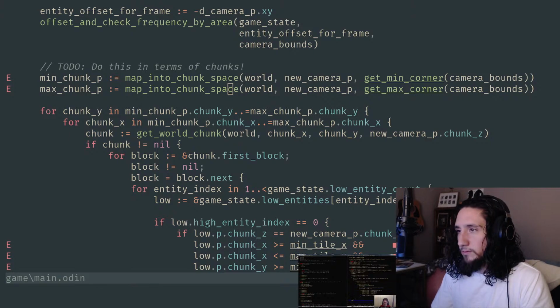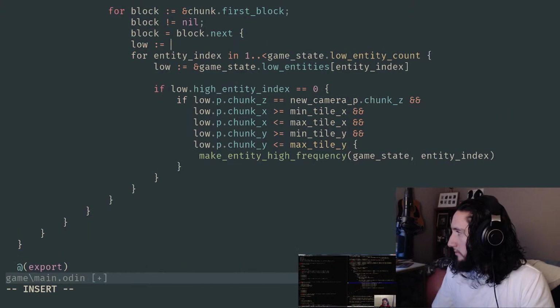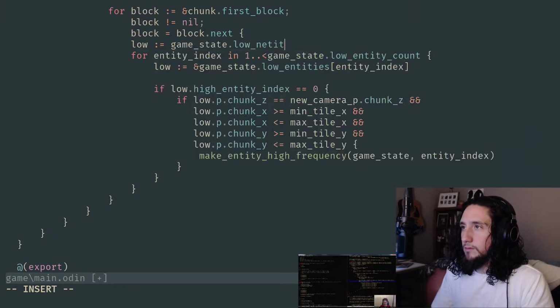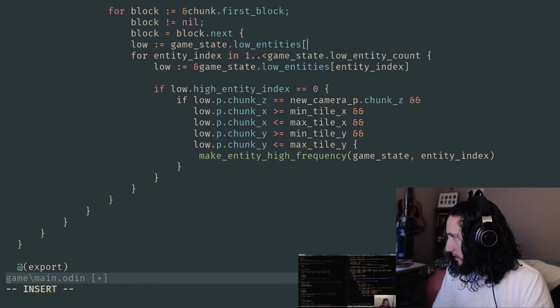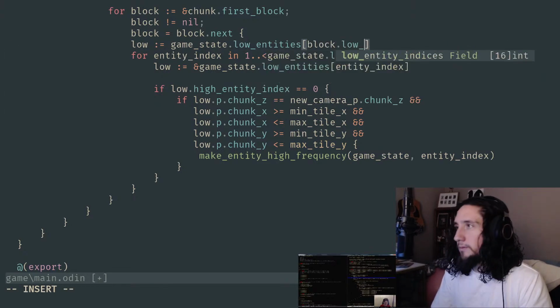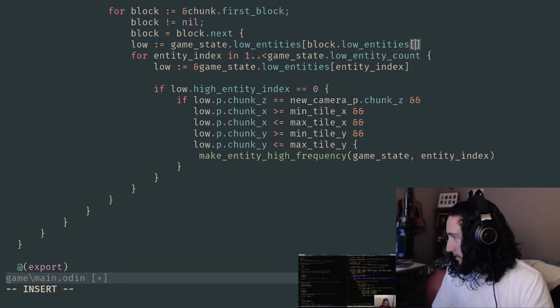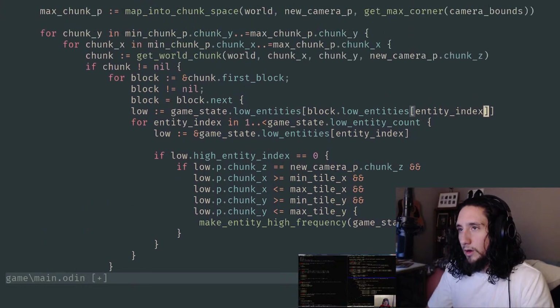Okay. Blocks, we do that, and we get the entity out by looking at the low entity index array in there. So there we go. And that grabs it for us. At that point, we know that they have to be, so we could even assert, or we don't have to assert, never mind. We just have to look to see that there isn't already a high entity index for that low entity index, and then we can just go ahead and check at that point to see whether or not it would be in the bounds or not. So he's doing his pointer arithmetic indexing here by passing in this access off of, I don't know what entity index we're on.